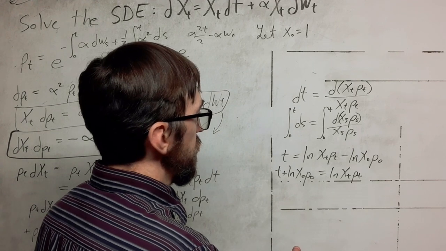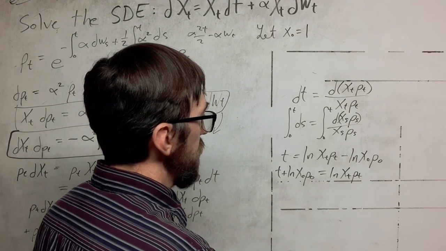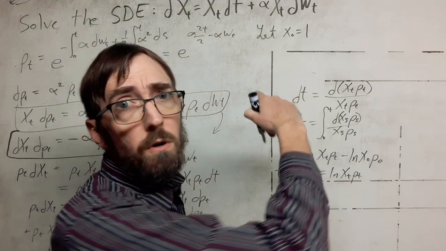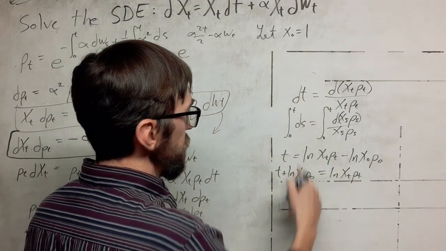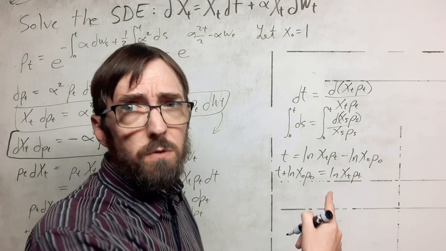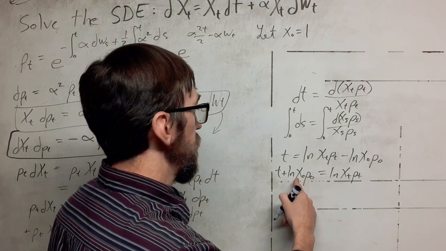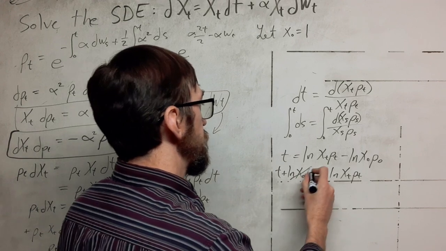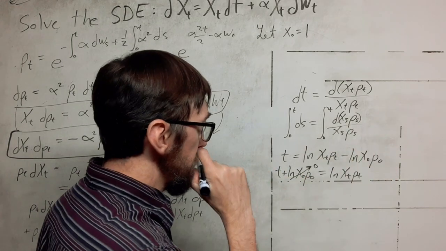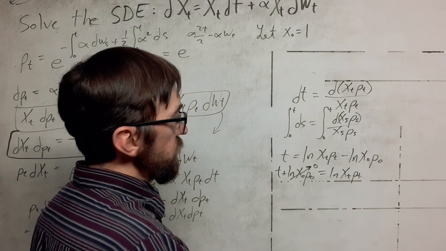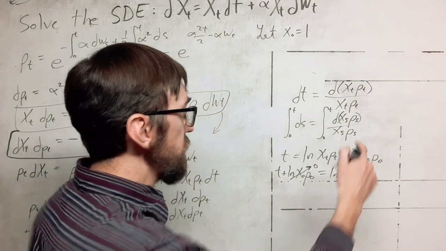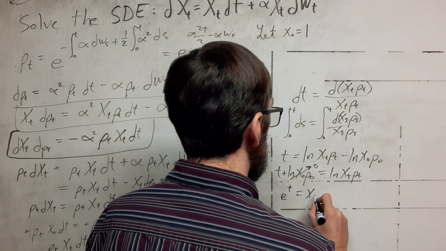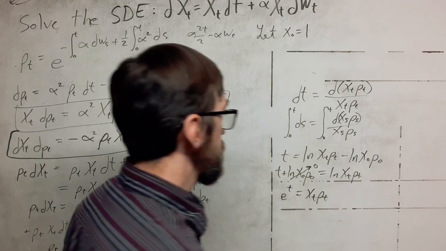Then we want to, well, there's a couple options that we could do. We could observe that our initial condition is that x sub 0 is 1. Rho sub 0 also evaluates out to 1. So this is the log of 1 times 1, or the log of 1, which is going to go to 0. So that term can be ignored altogether. And then we can push these into the exponent position of e to cancel this logarithm here. So we have e to the t is equal to x sub t rho sub t,